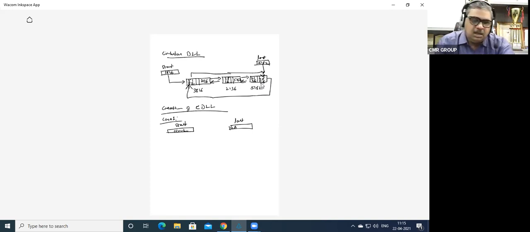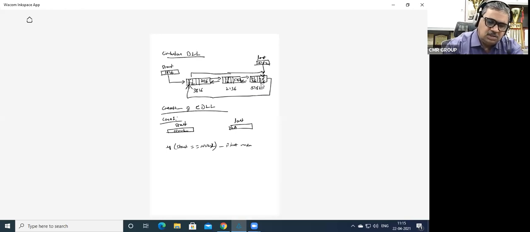Now if start is equal to null, then it is the first node. For example, let us take, this is the new node which has come up. When the new node has come up, this is null and this is null. Understood or not? What is this particular address? For example, 3816 address. So null is going to be 3816, and garbage address is going to be also 3816.